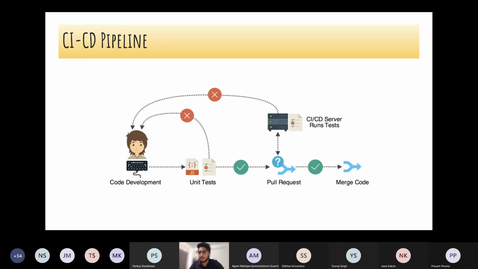Let's say there is some critical file and the contributor has changed that. If we have an automation job, it can point out that they have changed a critical file, please take care of that, so the reviewer can be more focused on seeing exactly what is done in the critical file.